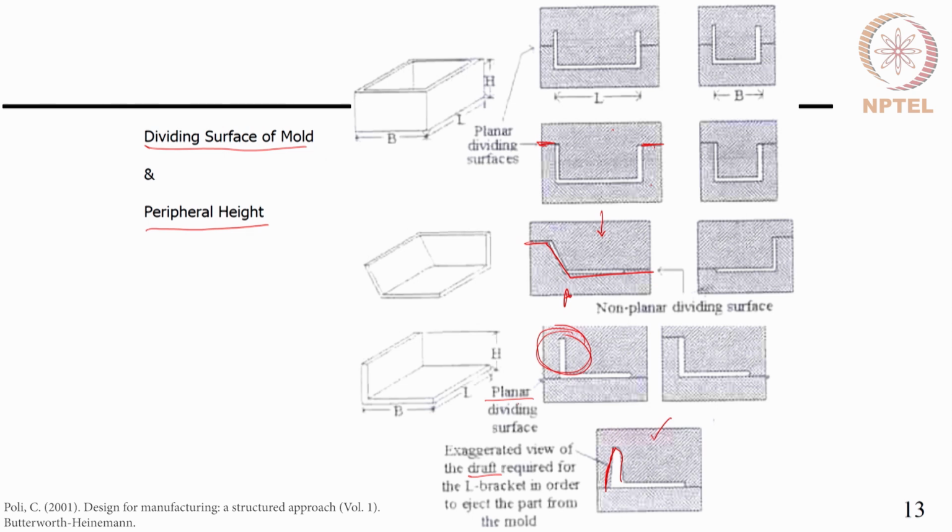So, based on the design, the cost elements will change, and the purpose of these examples is to show the implications of each choice. Like here we can see that the part is in both halves, here the part is in one half, and to achieve the same component.